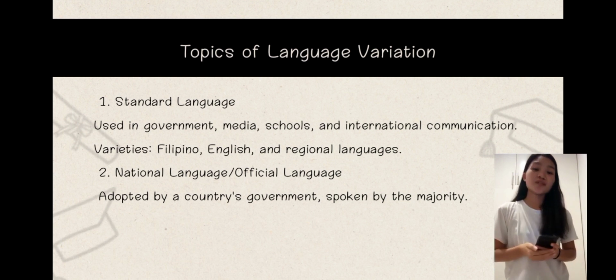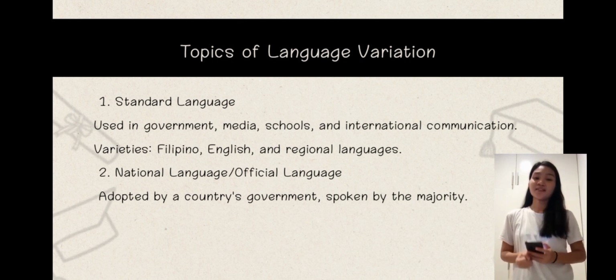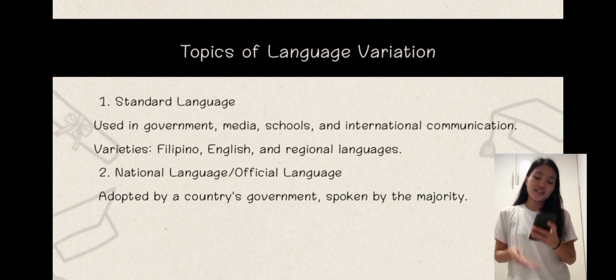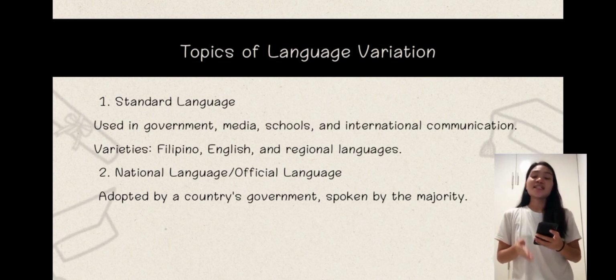Okay, for the topics of language variation, first of all, we have the standard language used in government, media, schools, and international communication. It has varieties of Filipino, Tagalog, and regional languages. The standard language refers to a formalized and widely accepted set of linguistic conventions used within a particular community or region. In the Philippines, Filipino based on Tagalog serves as a standard language. For example, official documents and news broadcasts predominantly use Filipino to ensure clear communication across diverse linguistic communities in the